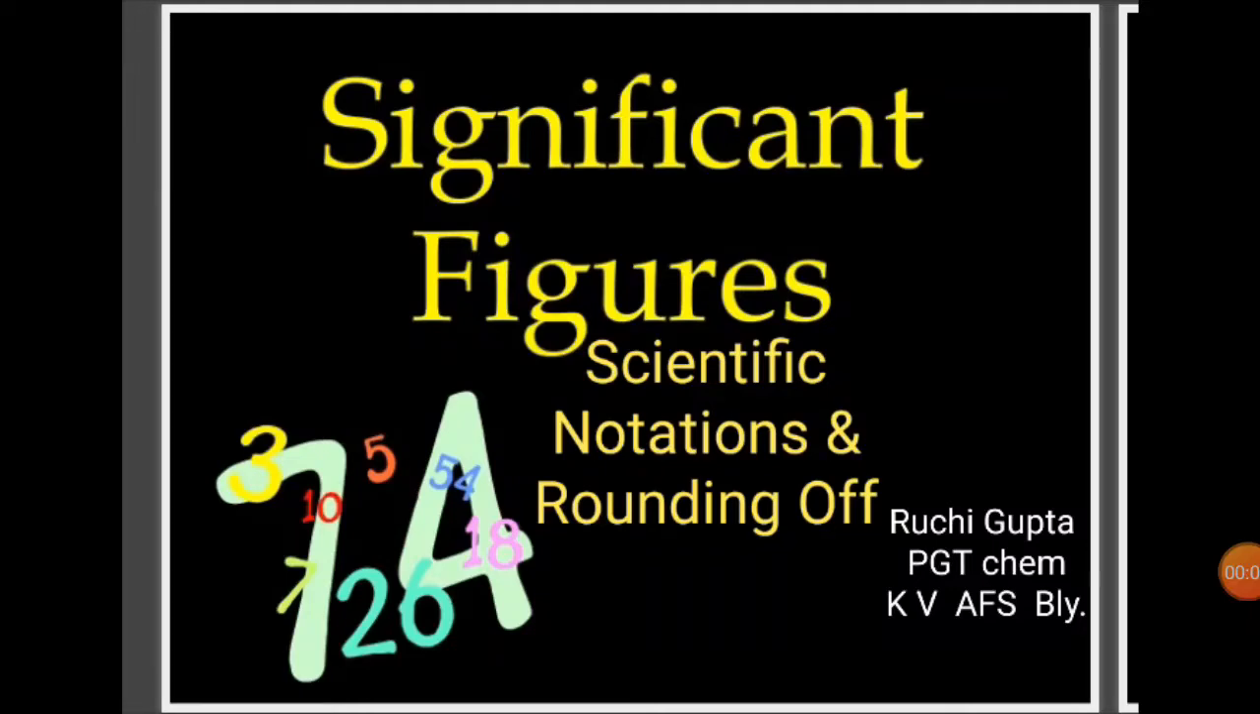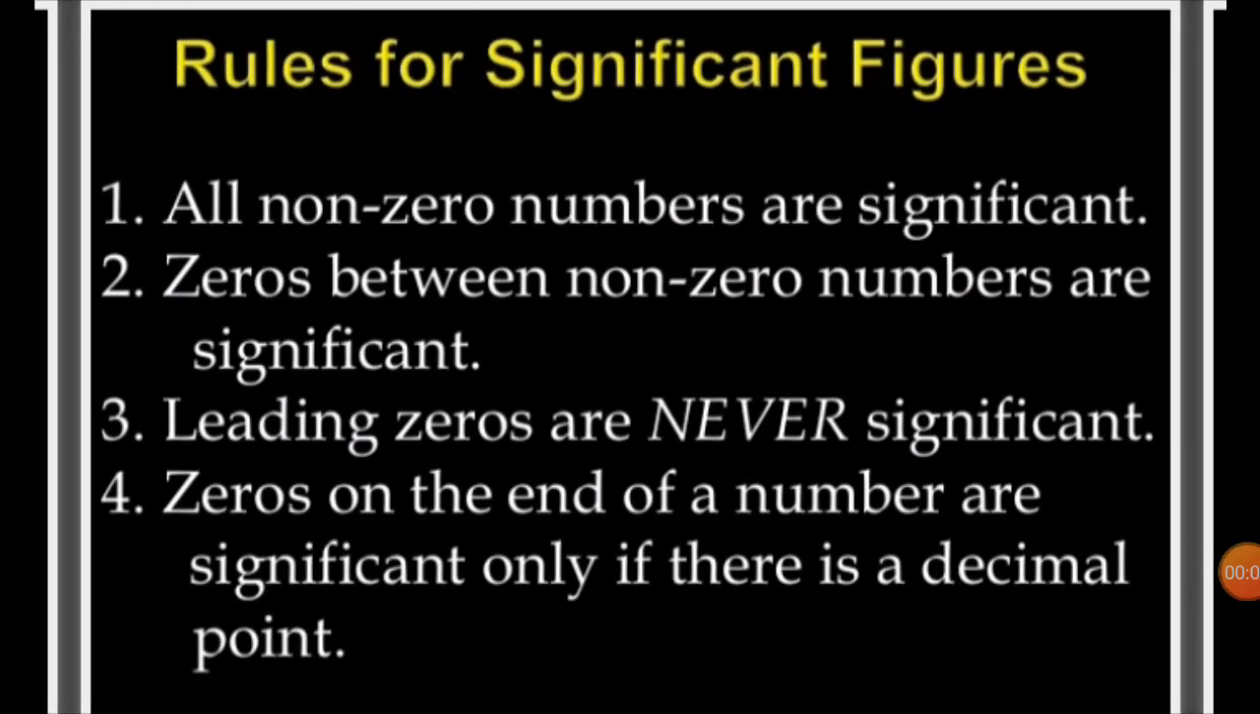Good morning, children. Today in the chemistry class, we will study significant figures, scientific notations, and rounding off. Now, what is a significant figure? The total number of digits in a number, including the last digit, whose value is uncertain, is called the number of significant figures. For example, if a digit is given to you